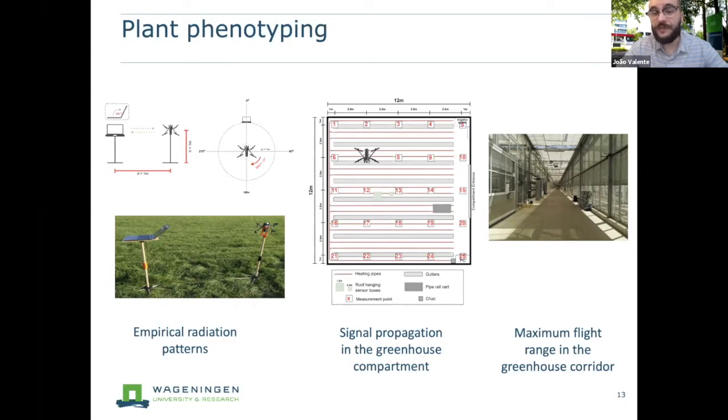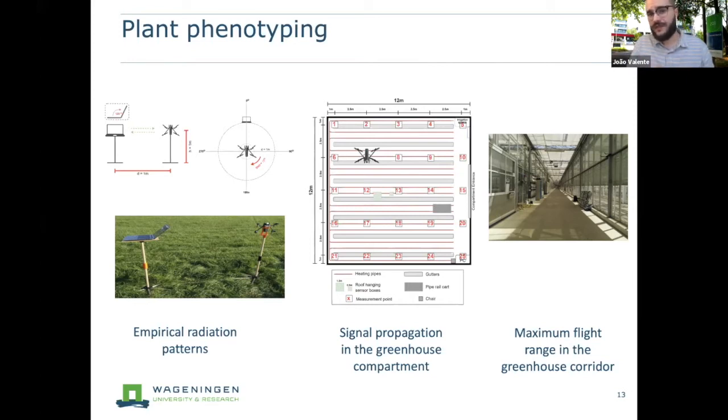Let's keep in mind these platforms are commercially available and quite handy. We can program them using the Robotic Operating System. There are lots of things that can be investigated and we can advance with lots of research, but at the same time, they have their own limitations. And one of the limitations is actually the antennas that they have on board. Furthermore, an environment with so much metal infrastructure, cables, and other